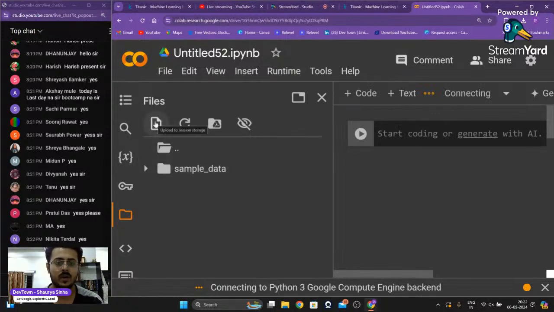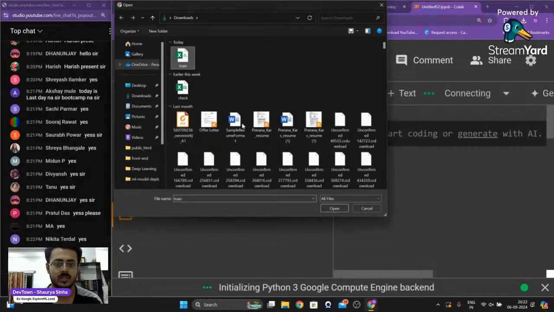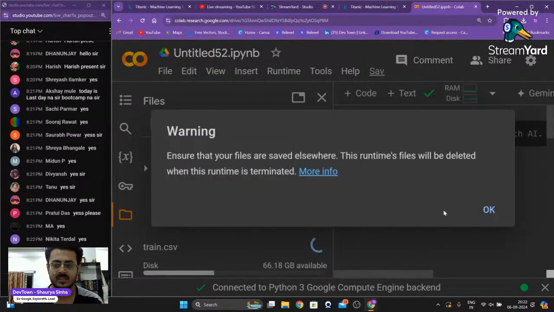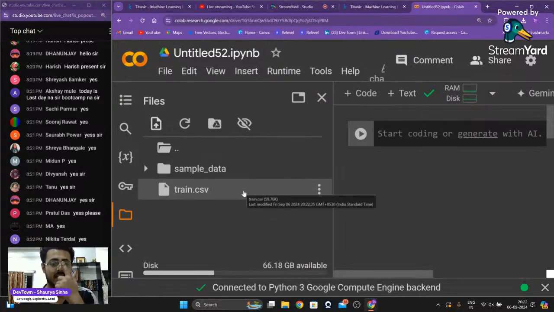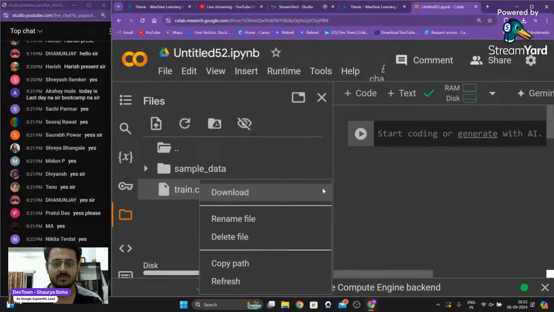Then we are going to upload our own file. We are going to upload our own data set right over here, guys. Click on upload, click on train and open. Yes, as you will be able to see, our train.csv has been uploaded right over here, guys. We can copy the file path. Okay, copy path. So this is how you can actually point to where the particular train.csv file is in the